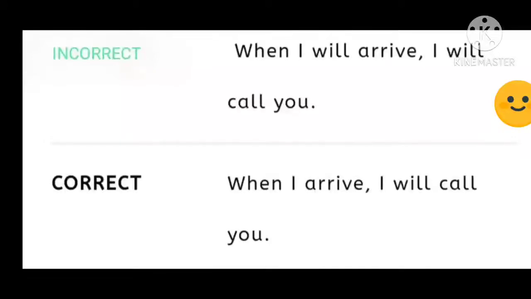Let us see what is the main clause here. When I will arrive. Stop there. It's not giving complete meaning. What should we do when the person arrives? And next one, I will call you. So I will call you gives complete meaning without the help of the first part of the sentence. So when I will arrive, as per the given sentence, is the subordinate or dependent clause. I will call you is the main or independent or principal clause. So we should avoid using modals twice. Okay, when I arrive, I will call you, or I shall call you, is the correct way.